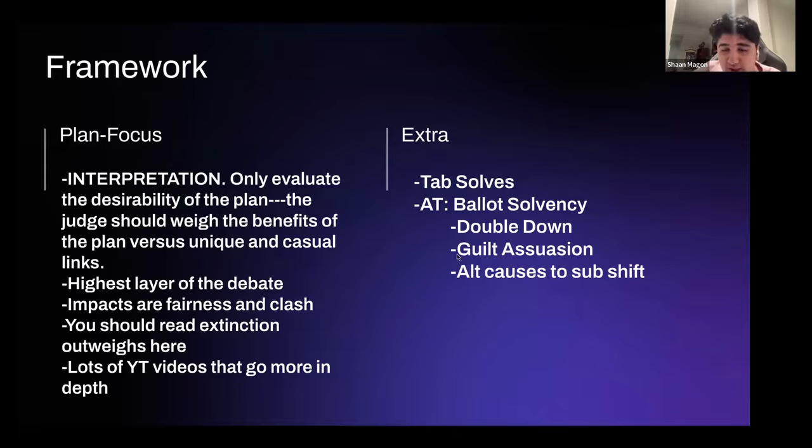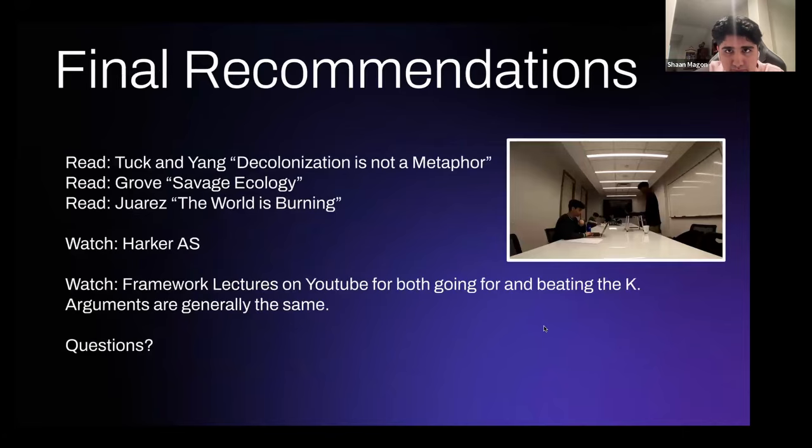The next is guilt persuasion. This has to do with the judge. If they vote for you, they'll think that they've done enough to solve for colonialism or racism because they think they've created real world change, which prevents them from going and doing things in the real world. Both of these you can say outweigh because they're not limited to debate, but they affect how we are when we leave the activity. And debate only lasts like 4 years, yada yada yada. And the last one is that this all causes the subjectivity shift. Debate isn't the only thing that changes our minds: our friends, family, religion, etc. And living for another 70 years, debate only lasts 4. All of those things will also change us and change how we think about your arguments.